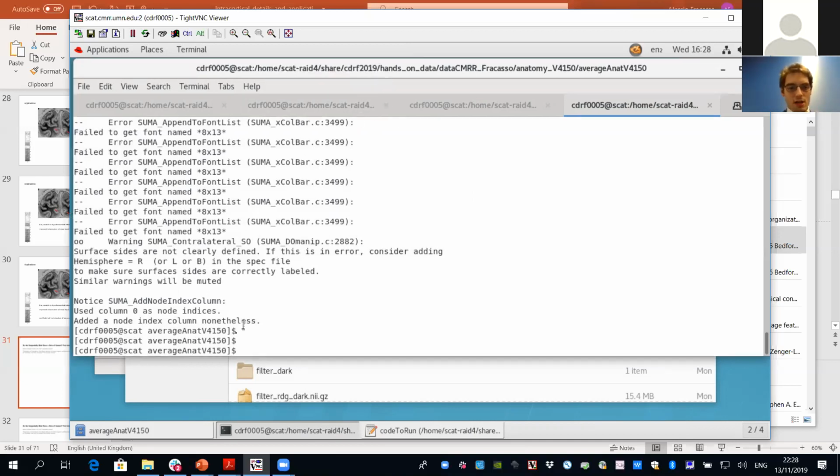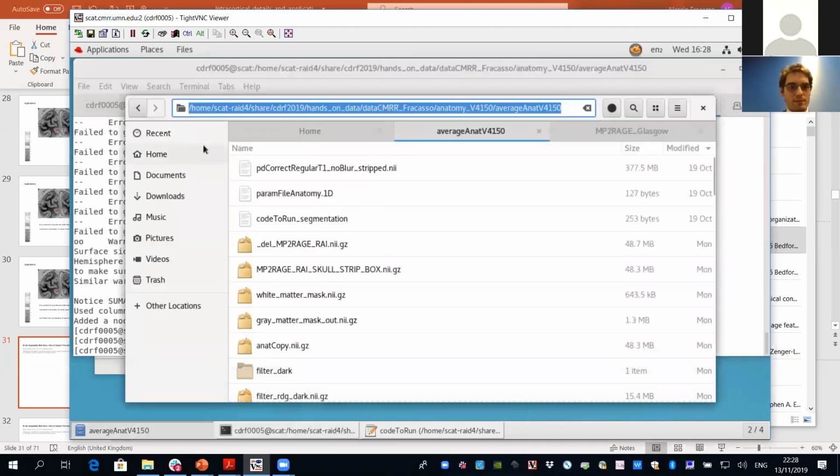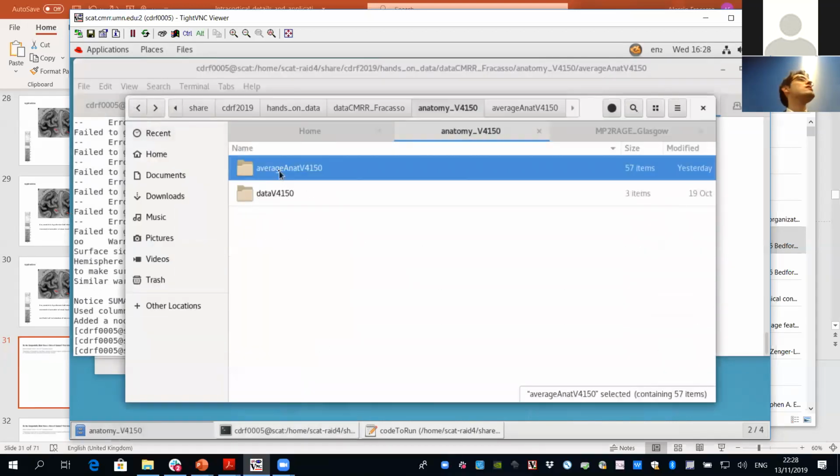And I'm going to show you another example with some functional data. And then I was surprised at the end. So this morning, earlier today, we acquired an MP2RAGE from here. And so I converted it, I ran it through the pipeline. I want to see how it looks. Believe me, I never looked at it. So maybe it looks very bad. Maybe it looks very good. I don't know, but